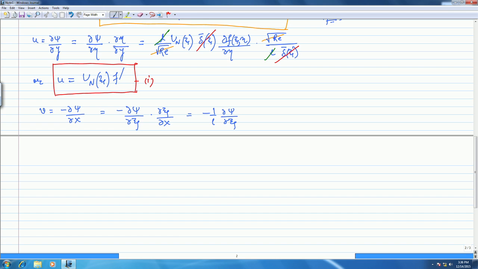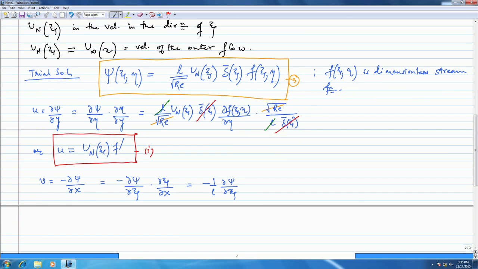Okay, del psi del zeta. Now here, basically, if you use this del psi, so del psi del zeta, you just take del zeta of 3. If I do that, I will write this out, and what I will get is minus under root Re, V, that is equal to